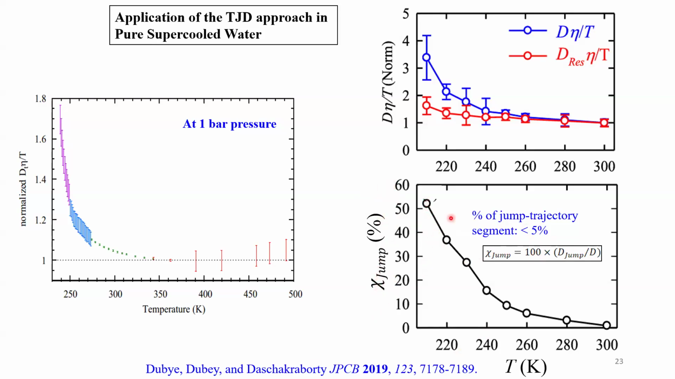So at 200 Kelvin, the percentage of jump trajectory segments, only 5%, is almost negligible, but it is dominating the diffusion by 50%. So that is what they deal with. So with that